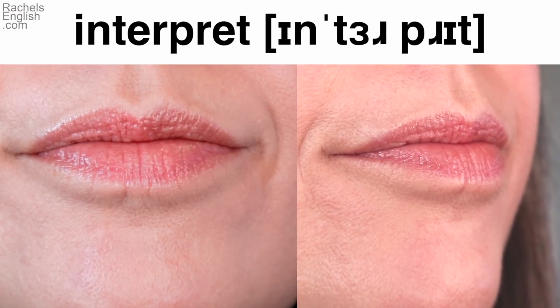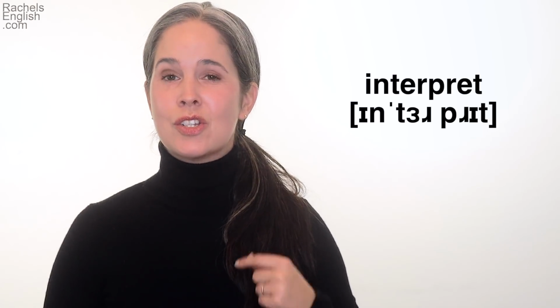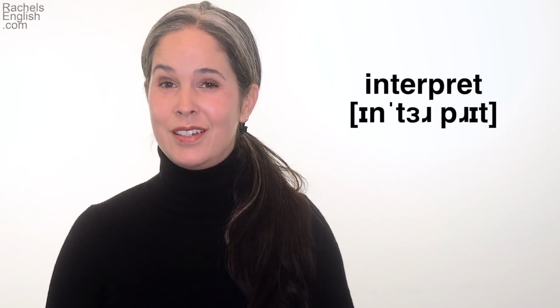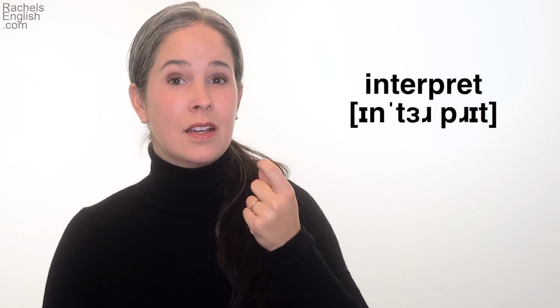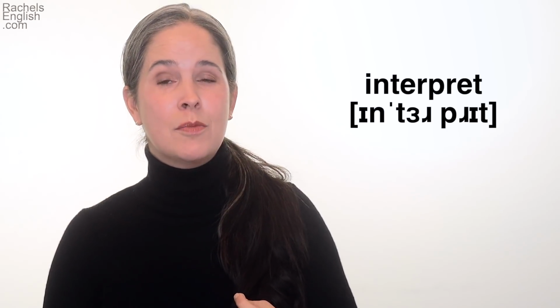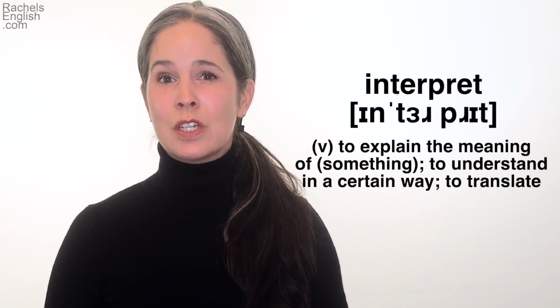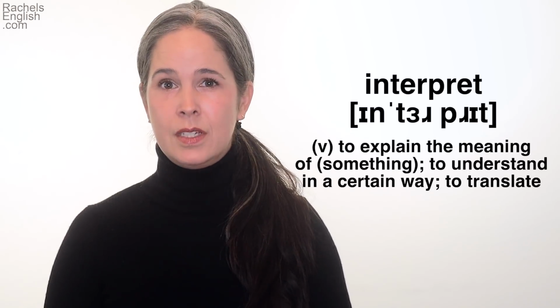Interpret. It's a little tricky with those two R's, isn't it? That's the vowel R combination. Interpret. Then a quick P, tongue stays in position for the R before the final syllable. Interpret. It's a verb. It means to explain the meaning of something, to understand in a certain way, or to